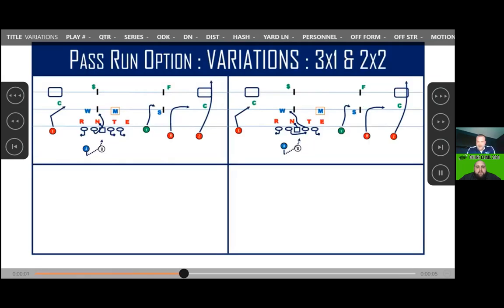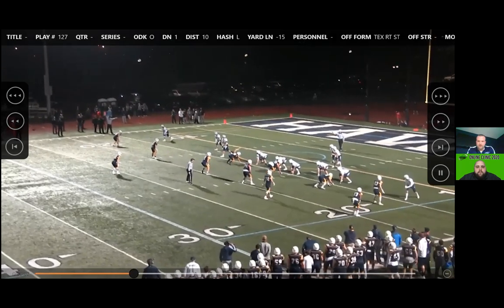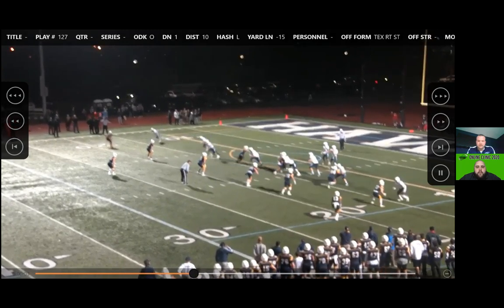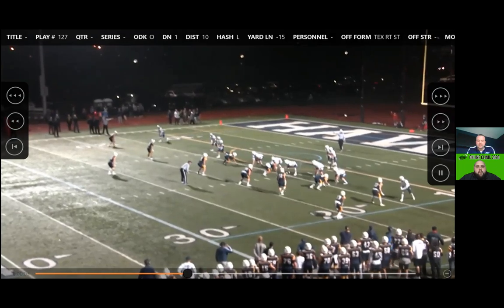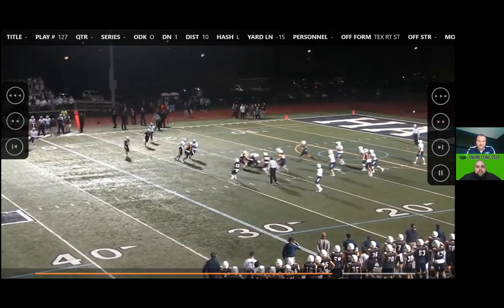We do run it with a gap scheme too, like a trap. So if he floats out, and that's the only game clip, you'll see our left guard pull to kick this end, but we're reading this backer right here. He flies out to play stick, and we drop the trap down. So that actually could have been stick.